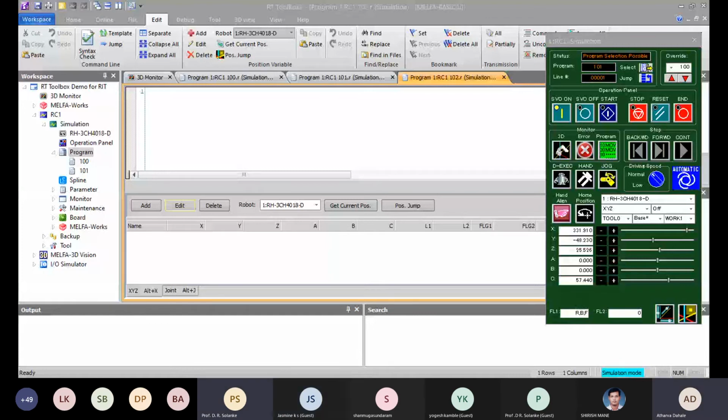Okay. So, ma'am, this is the download software. The name of the software is RT Toolbox 3. This software has been made by Mitsubishi to communicate with and control all the Mitsubishi series robots. This is the third version of the software. There is also RT Toolbox, RT Toolbox 2, RT Toolbox 3, and then the next Pro version is RT Toolbox 3 Pro. The software is basically made for the controlling and communicating purposes for the Mitsubishi robots.